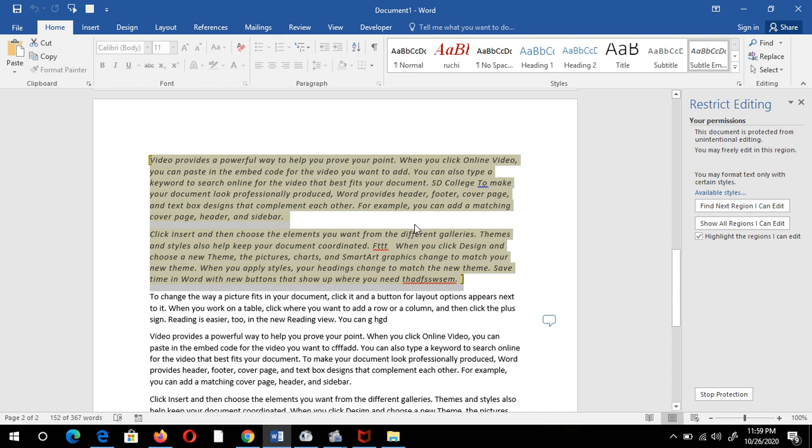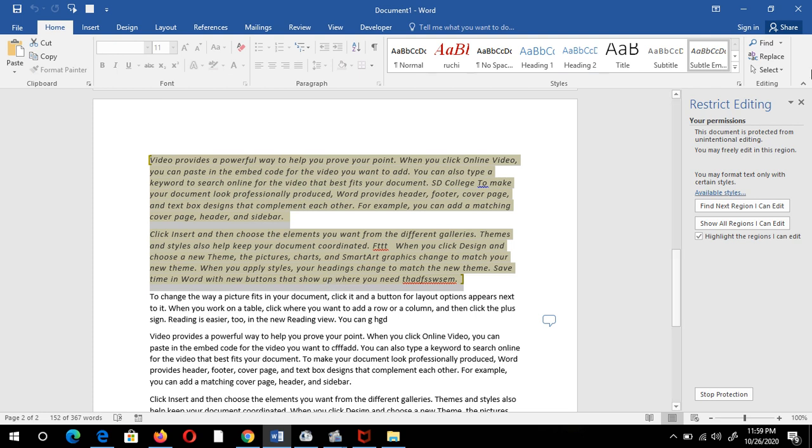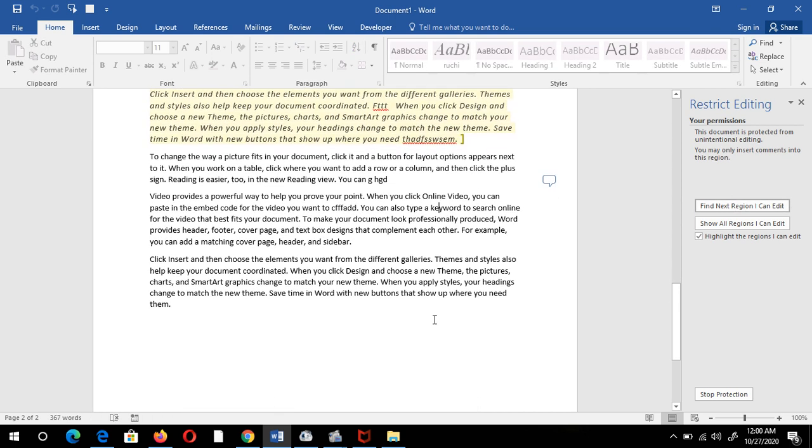Click OK. Now you can see Heading 1 is also there, Heading 2 is there, because I selected all the formatting. But these two options are still disabled. You can't change these two options.